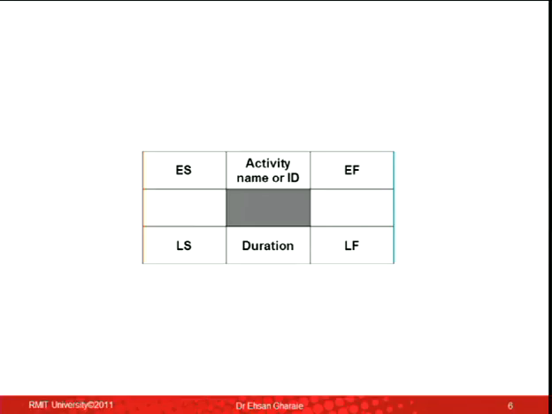Okay, so let's go back to the activity box. So this is the box that we talked about. That box represents an activity. That's early start, early finish, late start, late finish. We write the activity ID at the top, duration in the middle, at the bottom. There are two pieces of information that you already used. I just want to emphasize that the left-hand line, the red side here, represents start. The right-hand side of the box represents finish.